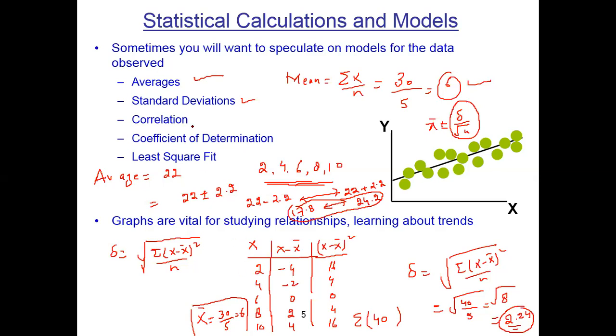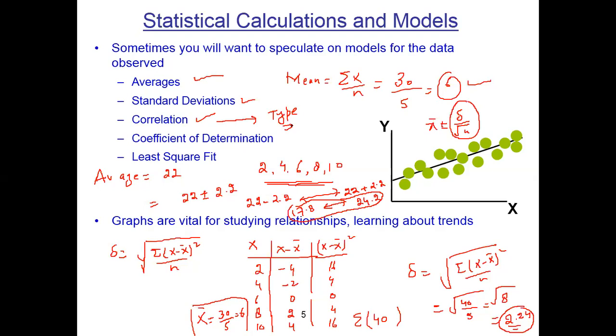Same, we have correlation. Correlation is used when you are comparing two different variables, like if you are comparing speed in time, velocity in time, acceleration in time, force and acceleration, two different values. So according to correlation, they will show the relationship type. For example, what type of relation is present? Relation is positive, relation is negative, or relation is linear, non-linear, simple, partial. There are different types of relation.